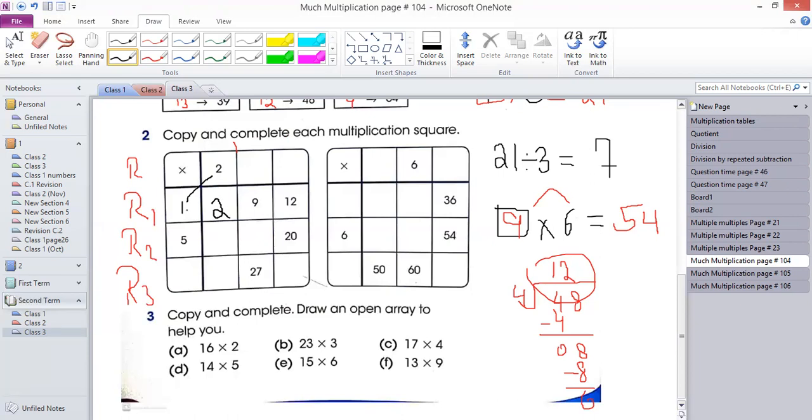In the same column, in the same row. When I multiply 1 by, let's suppose, 9, 1 multiplied by 9 equals 9. So this is 9. When I write here 12, I will multiply 1 by 12, which equals 12. In this way we have to solve. We have to complete. Okay guys, clear?